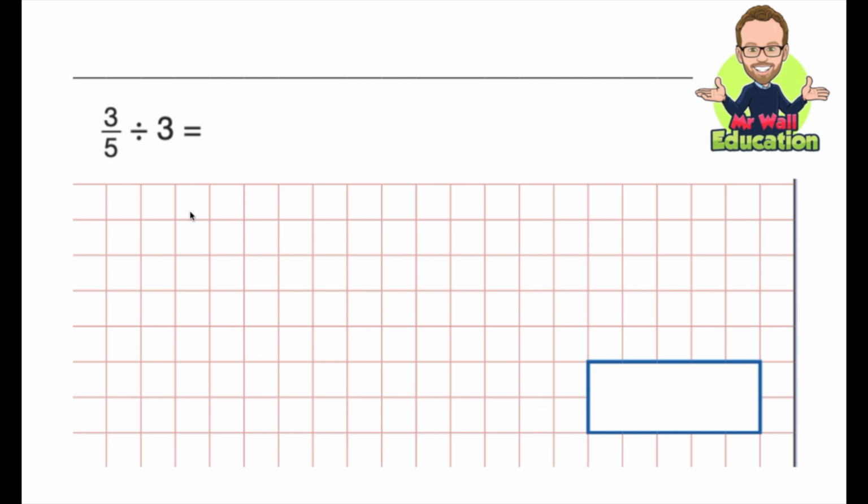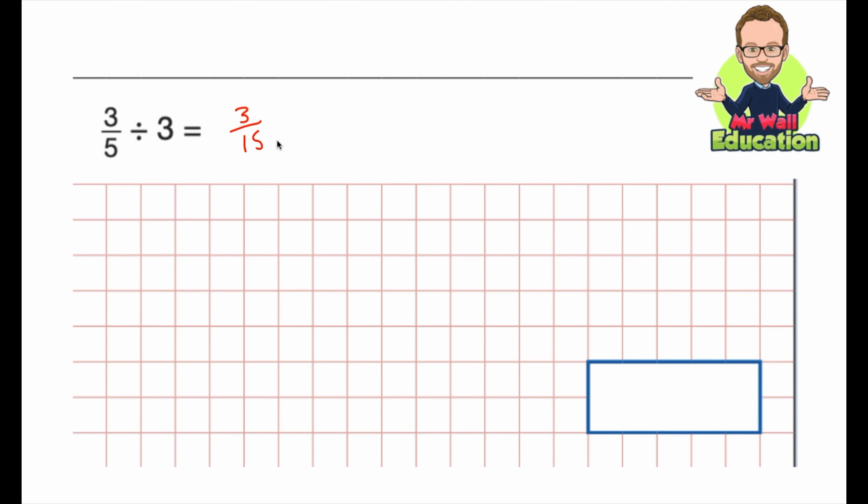Okay, 3/5 divided by 3. Now you should know if we're going to divide a number, it's always going to get smaller. So if we're talking about fractions, the larger the denominator, the smaller the fraction. So if we're going to divide fifths by 3, they're going to turn into 15ths. So you're effectively multiplying 5 by 3. We don't touch the numerator in this case, so 3/5 divided by 3 will become 15ths. So our answer will be